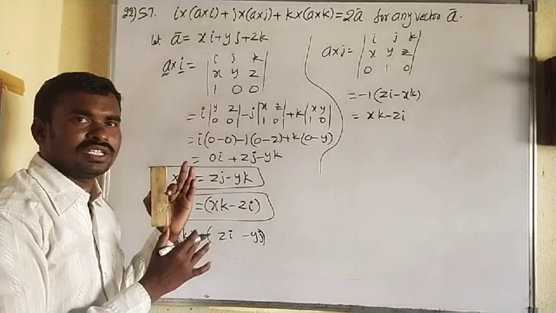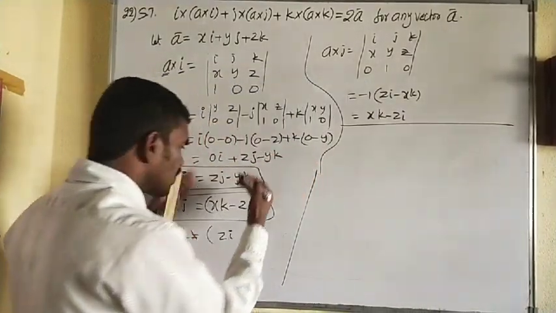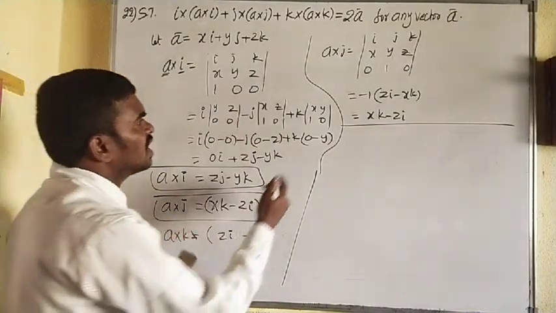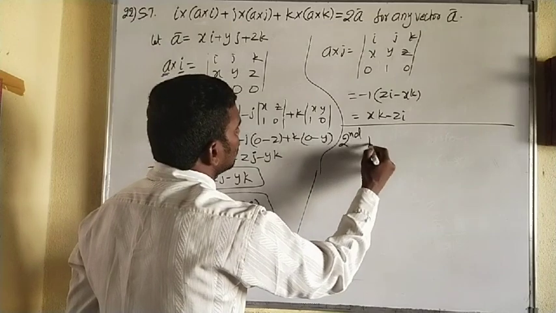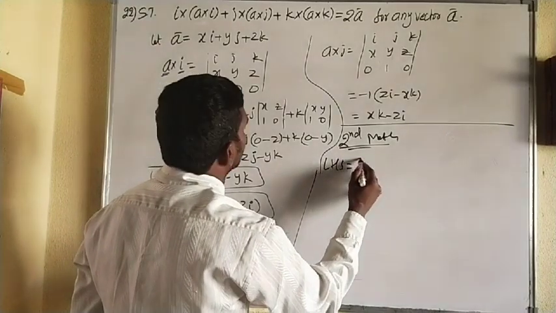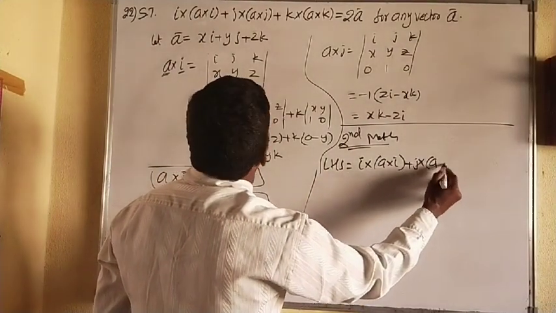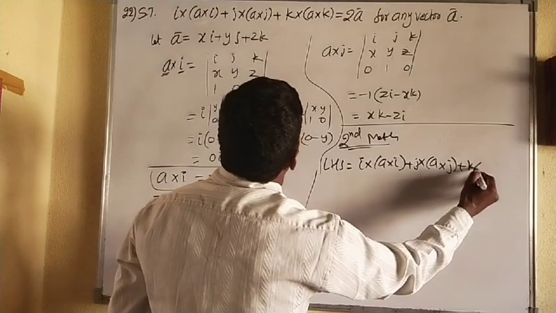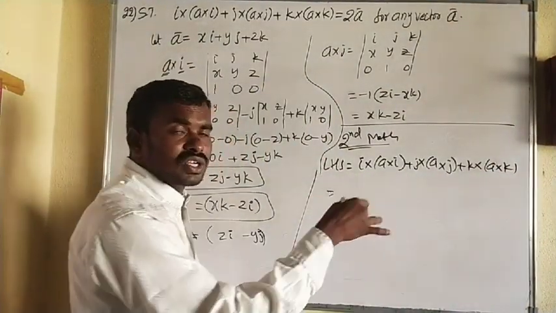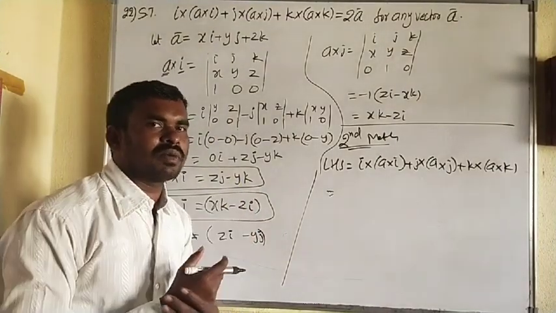Am I right? So I will tell you one small method other than this. You try it, definitely you will get it, but it will become very large. But I am telling you a second method, that is very simple and small. Directly take LHS, that is I cross a cross I plus j cross a cross j plus k cross a cross k. Do you know a cross b cross c? In 7 marks questions, one theorem is there. We proved that theorem also in part 2.